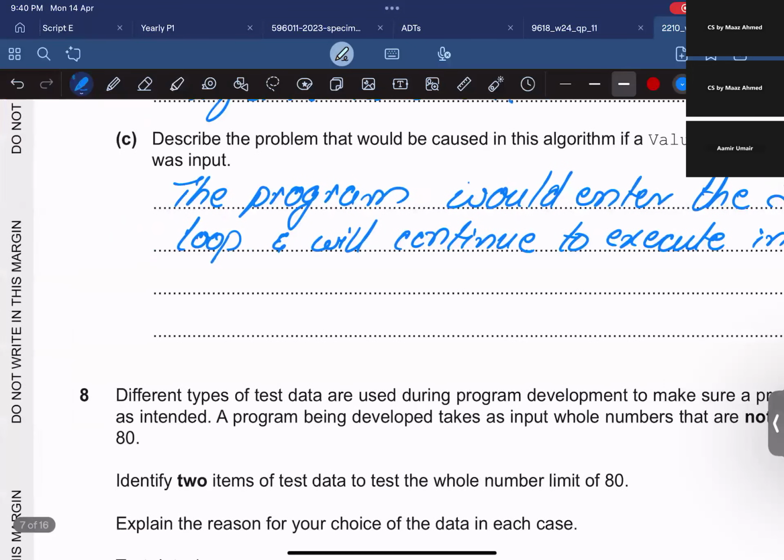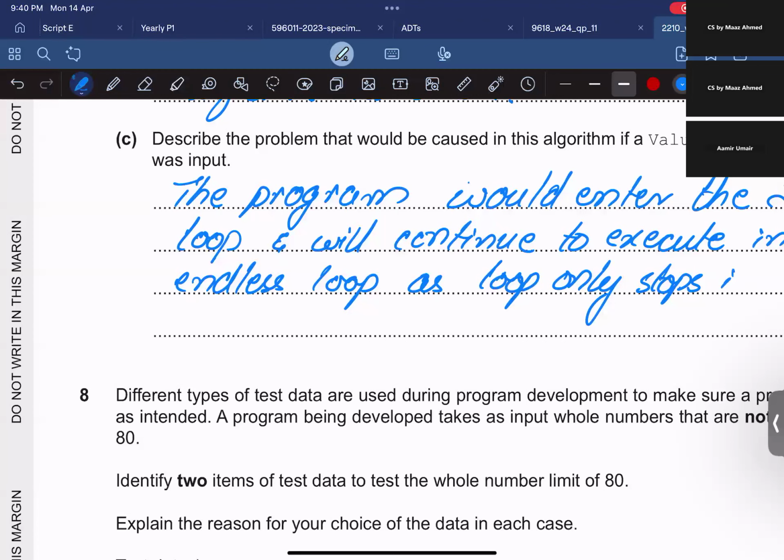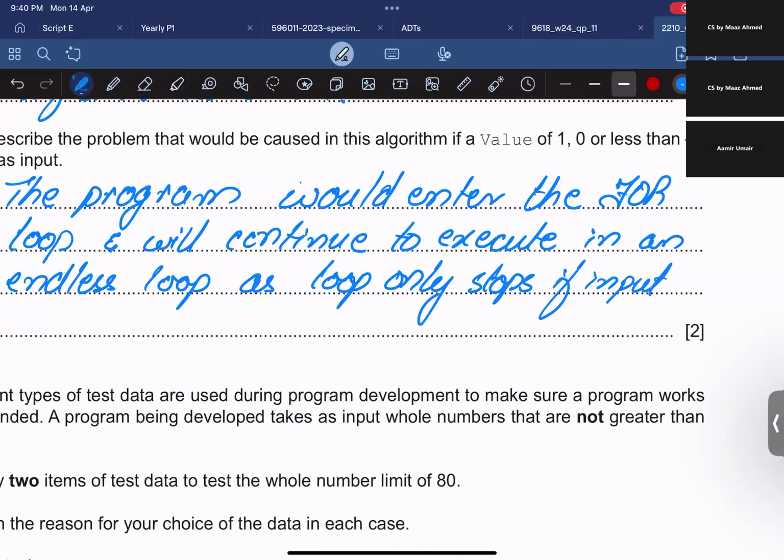endless loop as loop only stops if input value is equal to